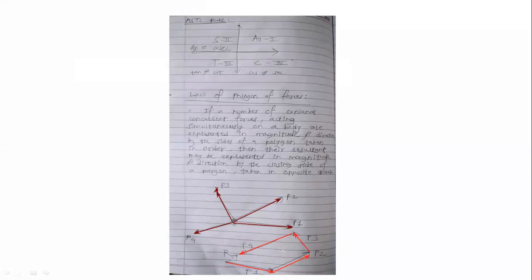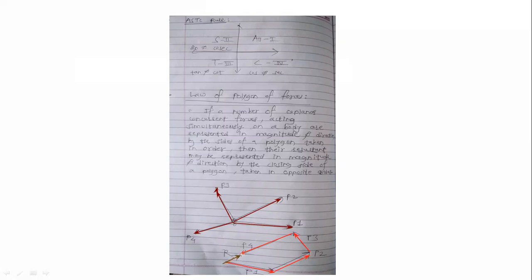And after drawing this polygon with the dimension, there is some gap remaining here. You can see this gap, and that gap will be nothing but your resultant, taken in opposite order, as in the previous triangle law, where the third side we are taking in opposite order. In a similar manner, here also we are taking this resultant in the opposite order. So remember this thing. We are taking it in the opposite direction.